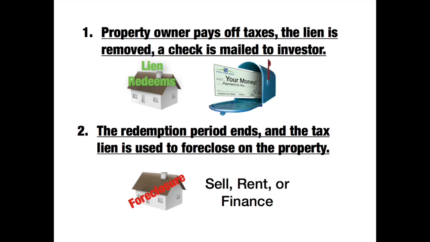So oftentimes, properties liens will redeem once that has been initiated. But if they don't, then you foreclose on the property and become the new property owner. At which point you can decide what you'd like to do with the property, whether you want to sell it, rent it, maybe you offer something like owner financing on it,